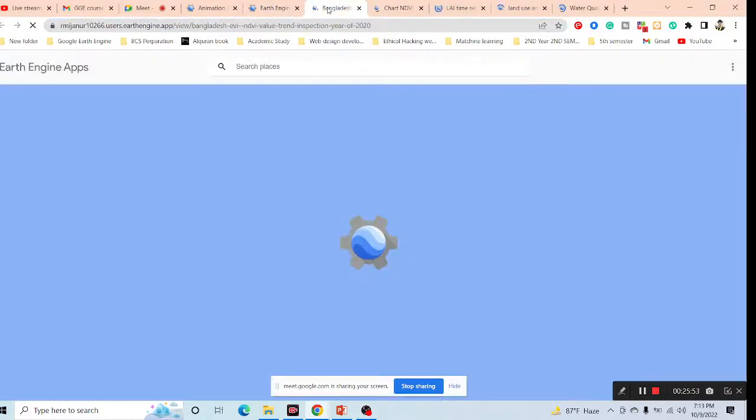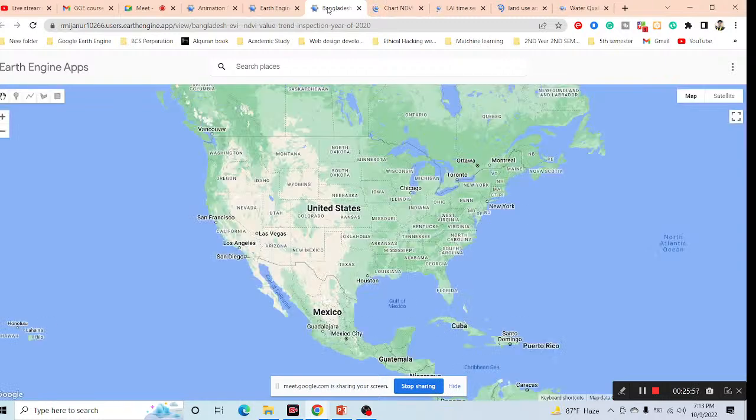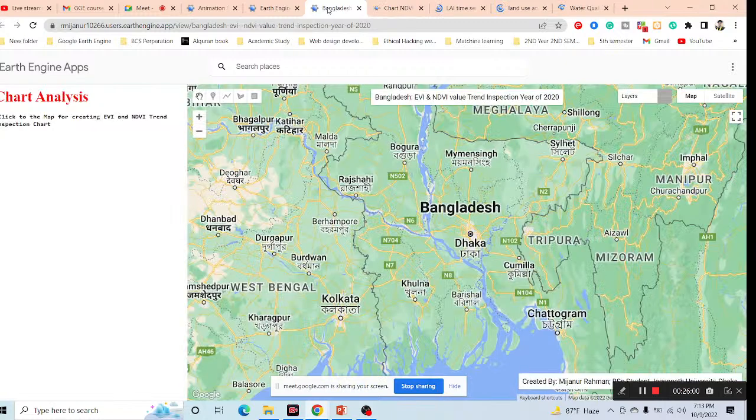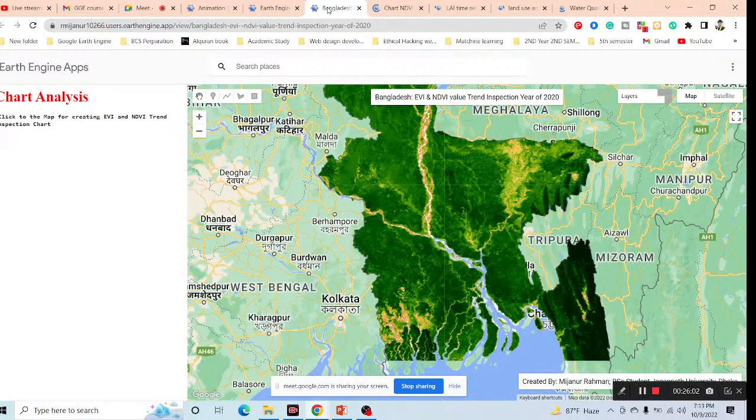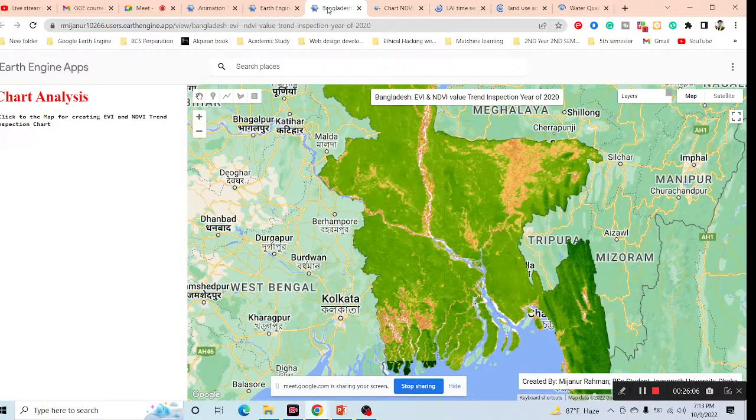Okay, and also you can see it also opens. So basically this is the Earth Engine application. We're using different types of Earth Engine applications for different types of remote sensing work. So basically you can see this is one kind of Earth Engine web application. Mainly I created this application for making the enhanced vegetation index and normalized difference vegetation index trend inspection